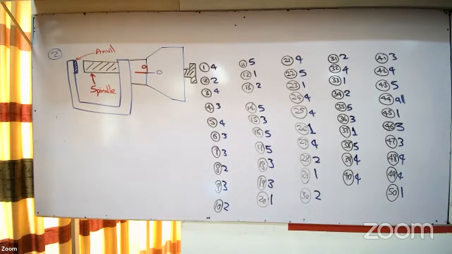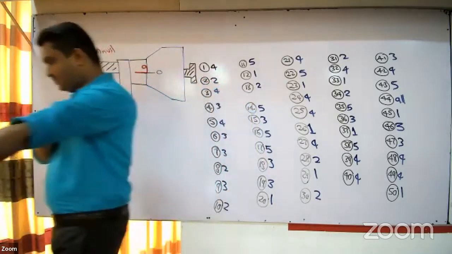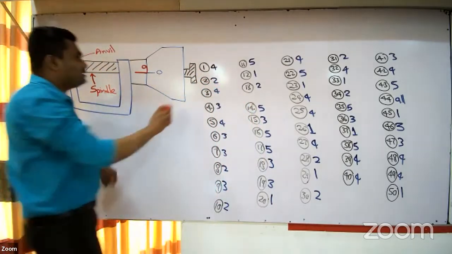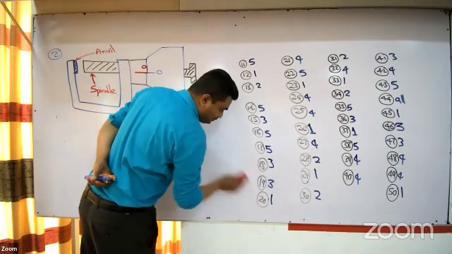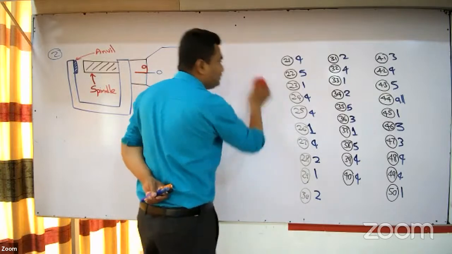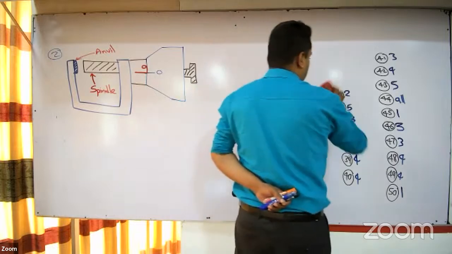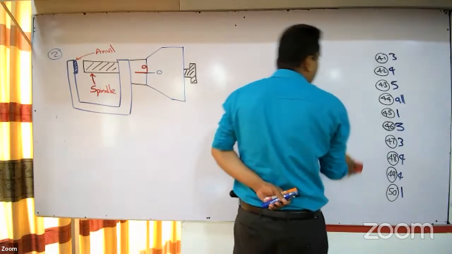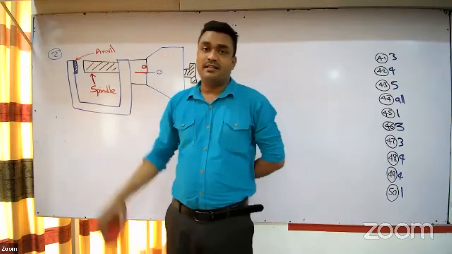Right. Below the figure, please write: if the thimble is rotated until the spindle touches the anvil, the circular scale zero line